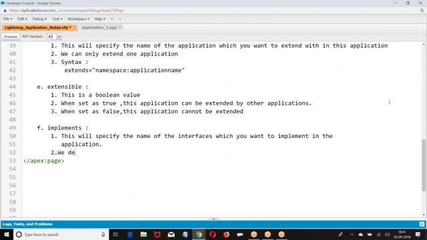An application can implement more than one interface.